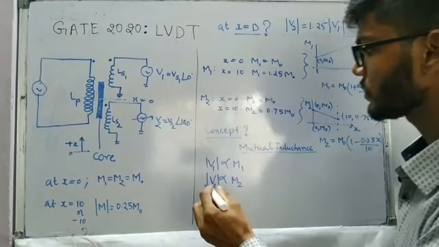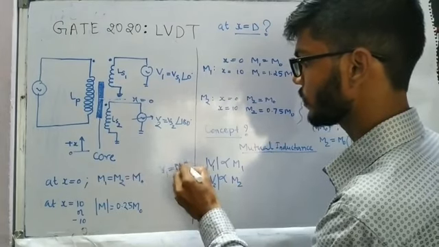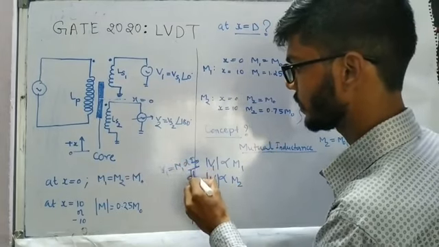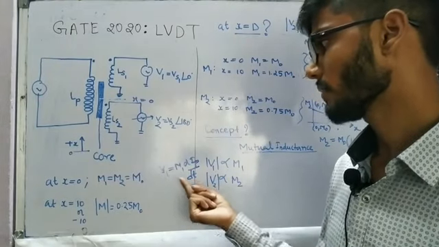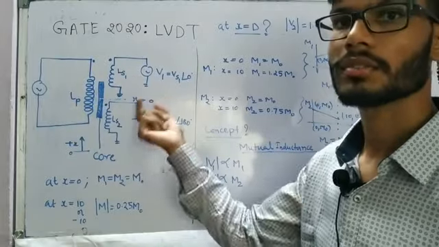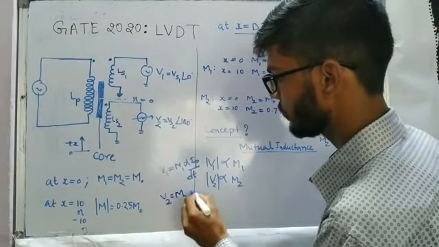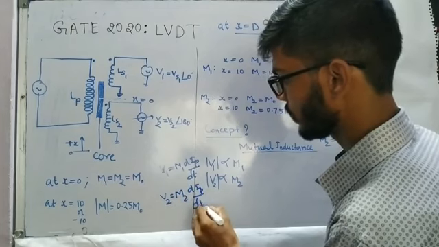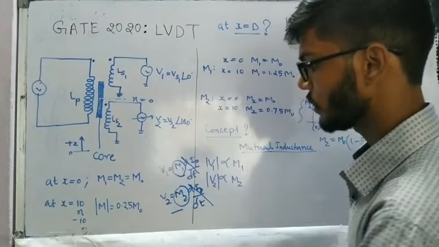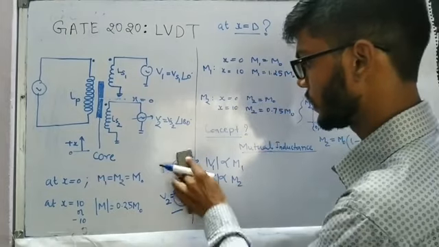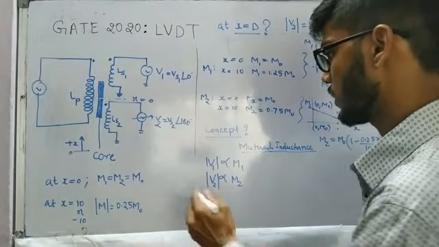So why? Because the output V1 is going to be M1 times dIP by dt. The concept of mutual inductance is that it will have the mutual inductance M1, but the current of the primary coil is going to give the voltage output, and V2 is going to be M2 times dIP by dt. So the dIP by dt for both of them is the same. So V1 and V2 are going to be proportional to M1 and M2. I have clearly explained that in the video I was talking about, so you can go there and check.